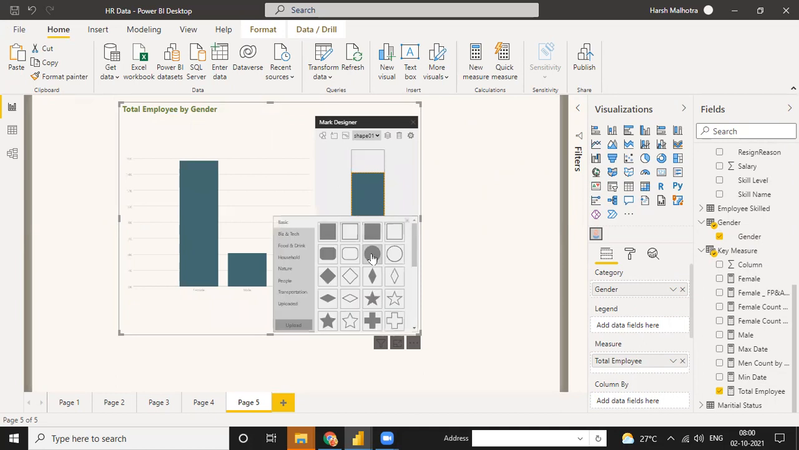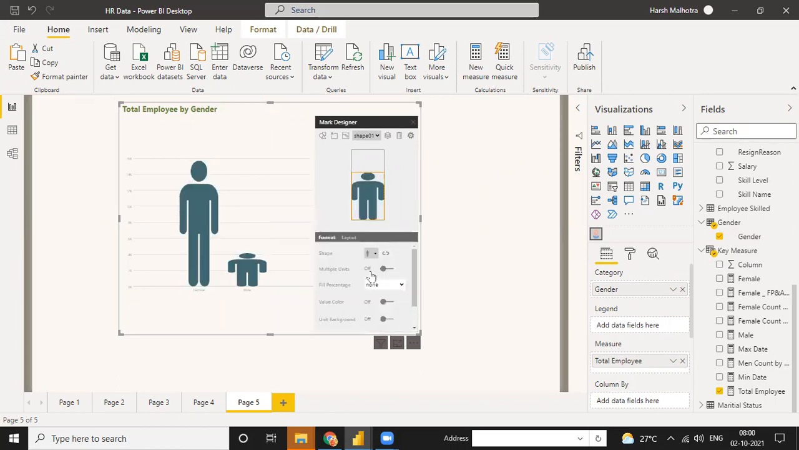See, there are multiple shapes. So you can use people function. There are many things you can use. Because you are using this for the HR department, you need these kinds of things. So you use, suppose, male, and there are multiple things like